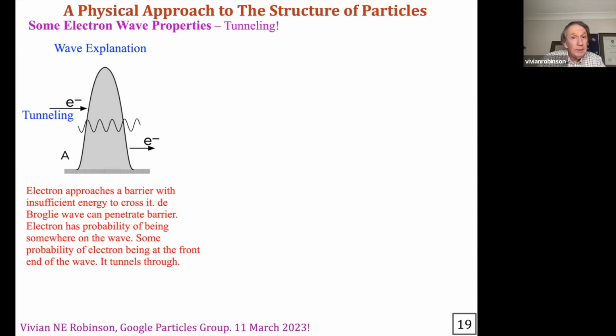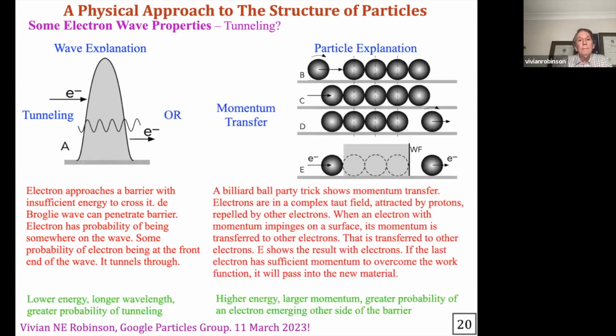But there's possibly a particle explanation. And this is just referred to as the good old billiard ball trick, where you set up a group of billiard balls. One comes along, it hits, transfers momentum all the way through, and the end billiard ball drops out. Well,